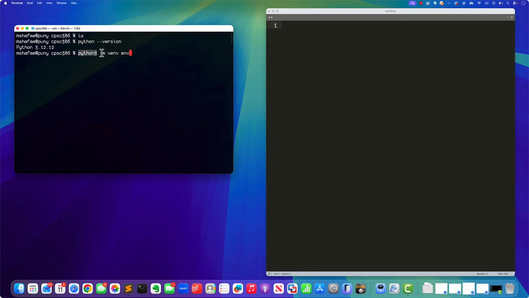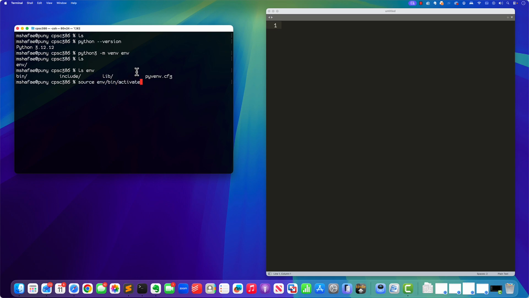So you're saying Python, use this module venv, and then execute it. And what I want you to do is create a folder, a directory called env, and put a virtual Python environment into it. Again, this directory is empty. When I run this command, it will create a directory called env, and inside of it, it's going to put a whole Python virtual environment. Inside that directory, you're going to have bin for programs, include for header files, lib for libraries, and a configuration file. What we're going to do is we're going to activate